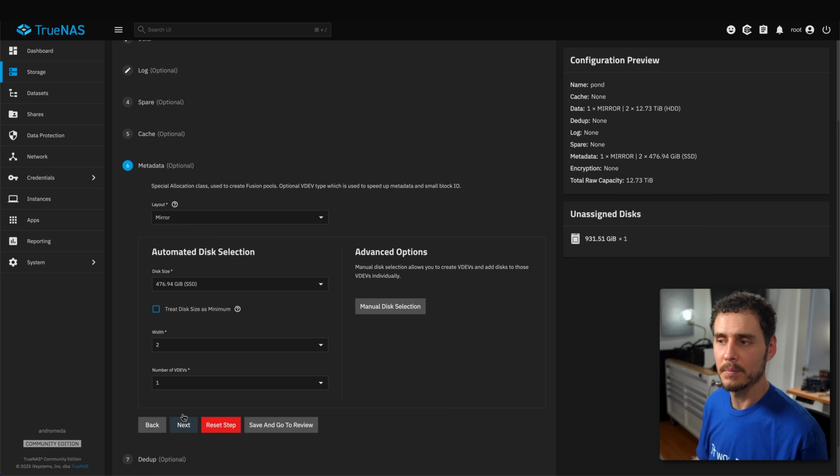Now, it's really important to mention that you should at least have a mirror. If you lose this VDEV, you lose all of your data. So it's really important that you have a lot of redundancy on here, probably more than you think you should need. 3-way mirror or mirrored pairs. But you want to protect this. You want to make sure that it stays alive, because if it goes away, your data goes away